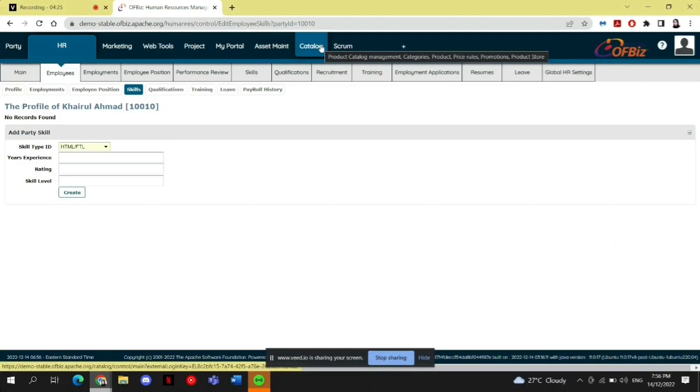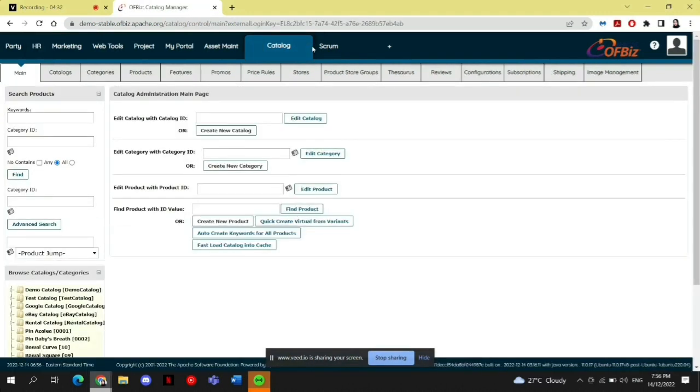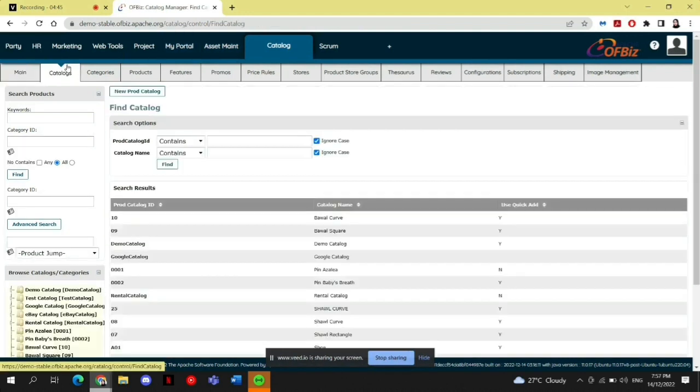Now let's move on to one of the important modules in this interface, which is catalog. This module is for you to categorize all the materials or products, whether they are raw materials, finished goods, or work in progress, from scratch until the shipping process. The first one is catalogs. In this example, I create a hijab company. So let's click the button here